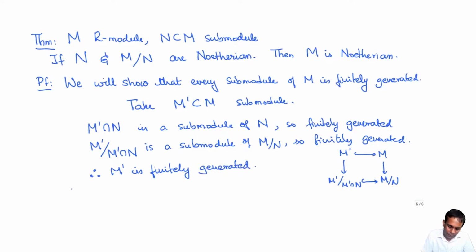This means that M is Noetherian because every submodule is finitely generated. So we've been proving all these technical results about Noetherian modules and finite generation. Now it's time to harvest the fruits of our hard work. The main result that we'll be proving from all this is that if R is a Noetherian ring,